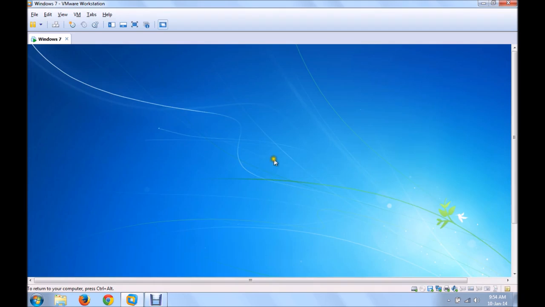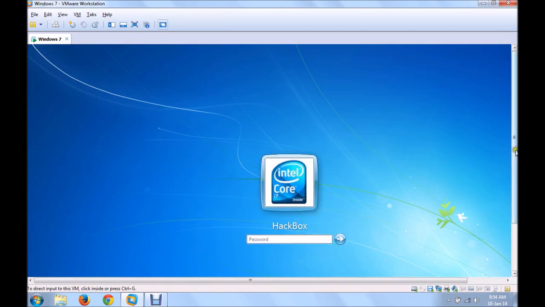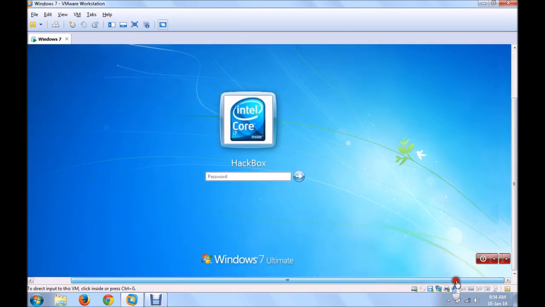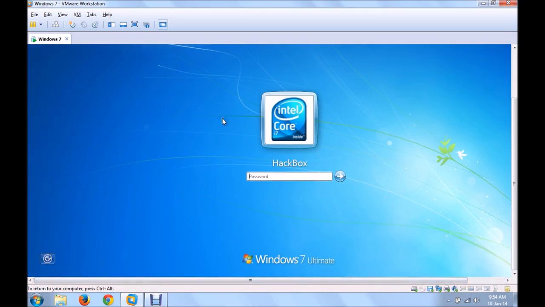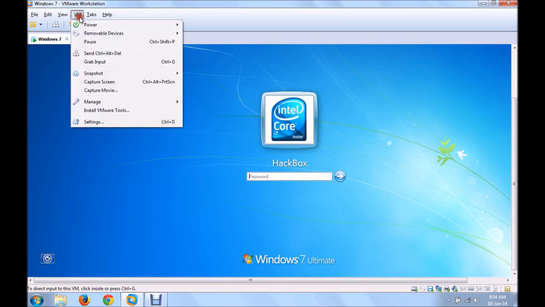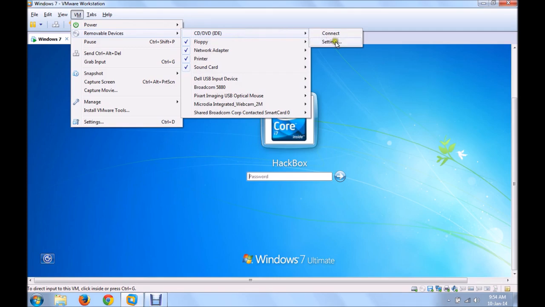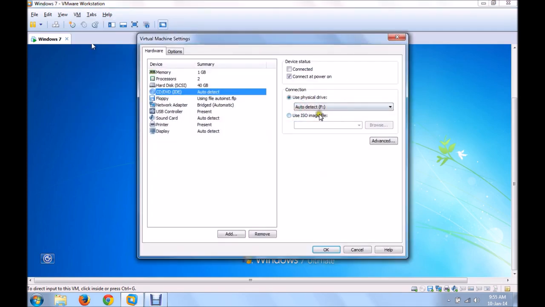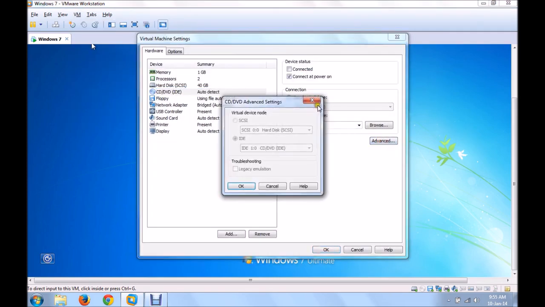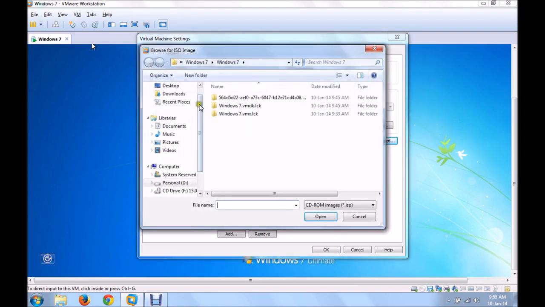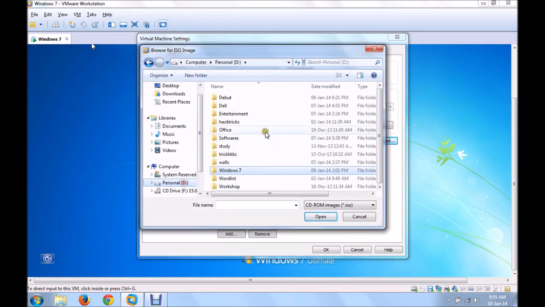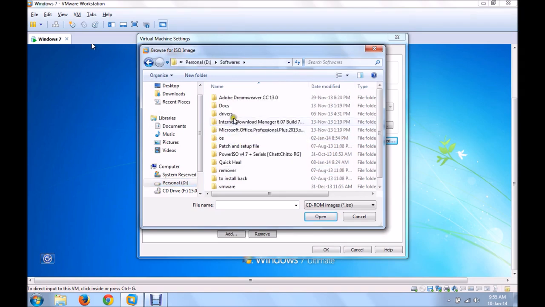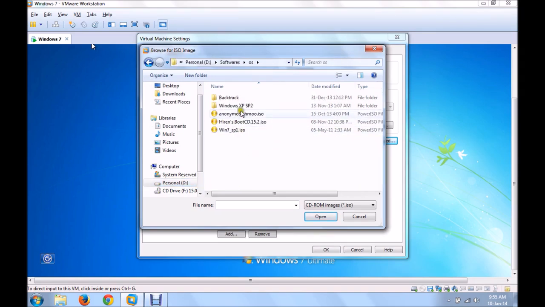This is the initial stage where the attacker goes and stops. Now you just need to load one extra OS through CD-ROM. In this virtual machine, we are going to load the ISO file of the BackTrack machine so that it will be like we are inserting a CD in the CD-ROM.